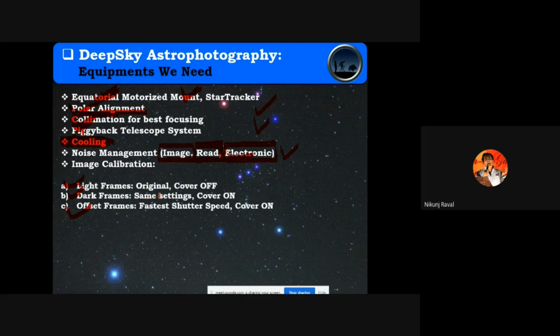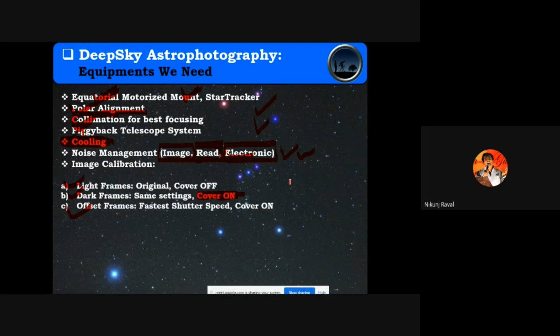डार्क फ्रेम्स क्या है? सेम सेटिंग आपने जो रखा है, बट आपका जो कैमरे का कवर है, जो लेंस का कैप, तो वो आपको लेंस का कैप आप उसको उसके ऊपर ढक दीजिए। क्यों ढक दीजिए? फिर फोटो आएगा ही नहीं, ठीक है, नहीं आएगा तो बट उससे आपका जब स्टैकिंग करेंगे तो ये जो तीन नॉइज मैंने बताया वो कम हो जाएगा, ये नॉइज आपका कम हो जाएगा।